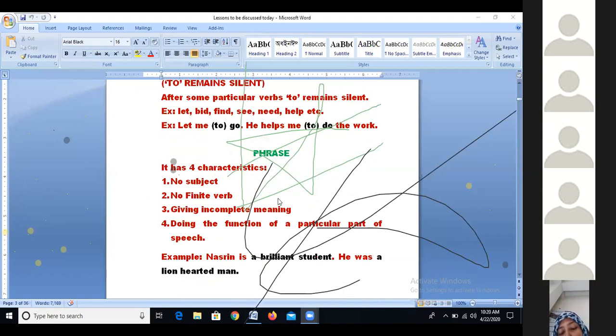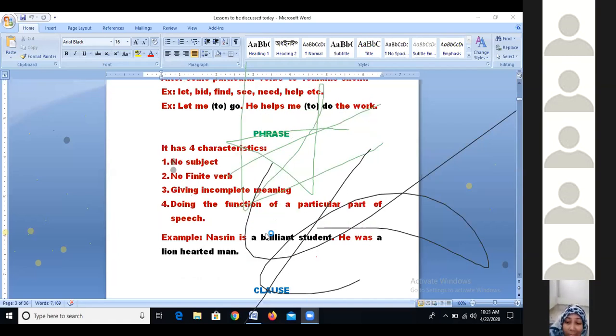So phrase is not a single word. This is the basic difference between a word and a phrase. A word is a single unit. On the other hand, a phrase is a group of words. For example,